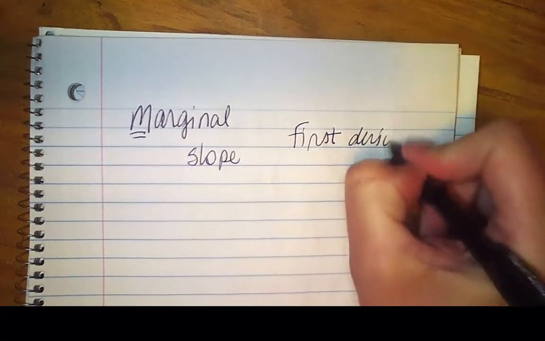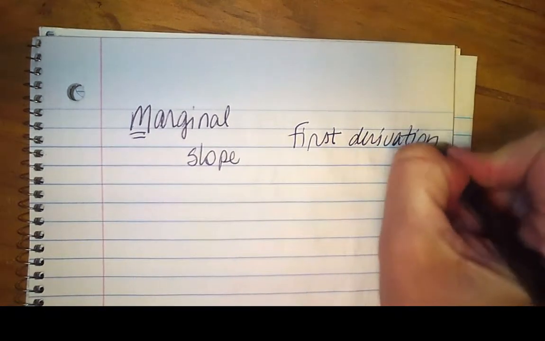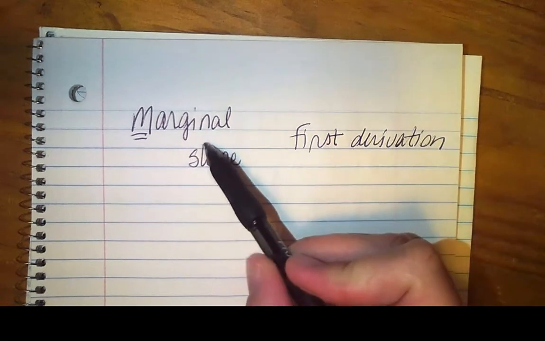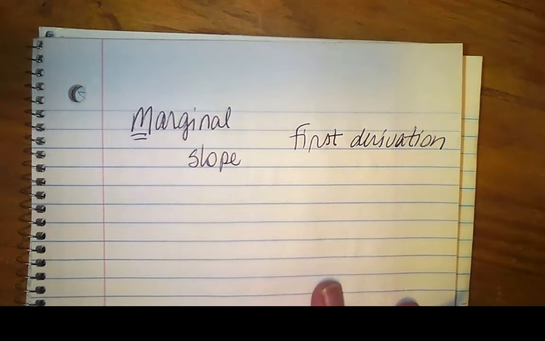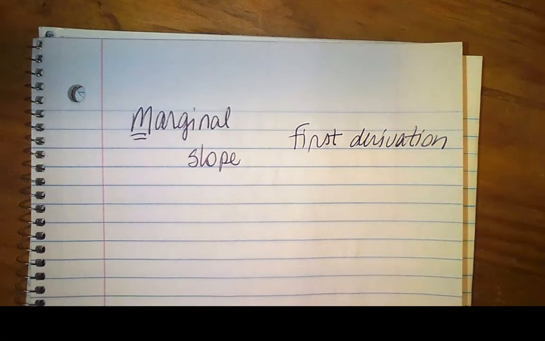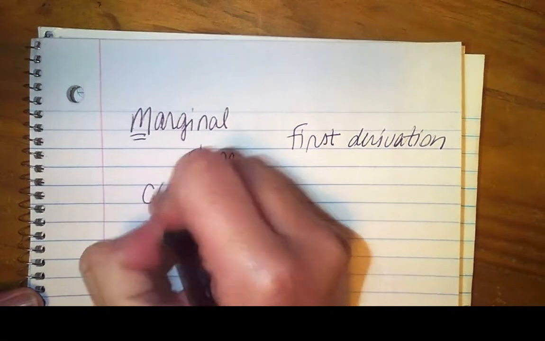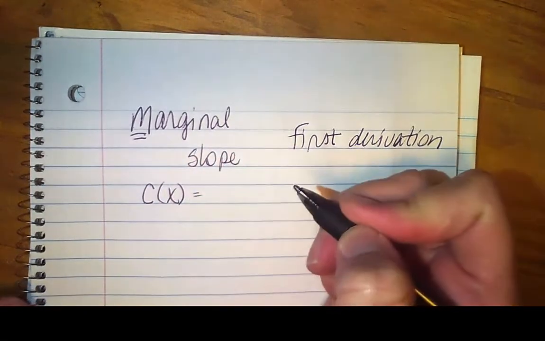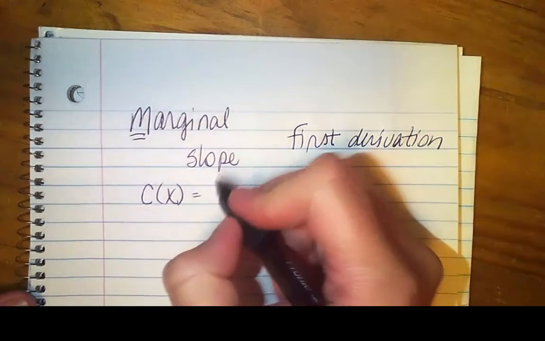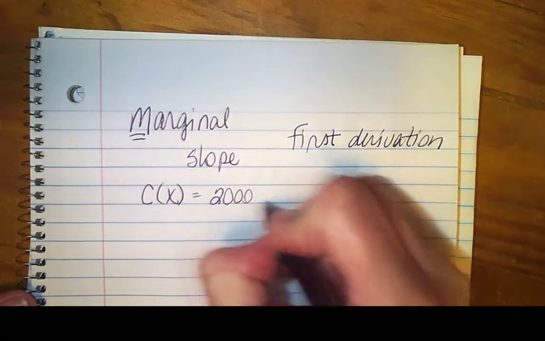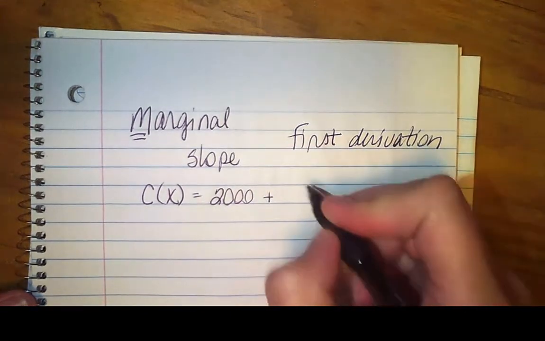What you're finding is how that cost is changing at that precise moment in time, or whenever X number of things are being produced. So it's going to be easier if we give you an example. We've got the cost of producing X number of items is 2,000 plus 2x